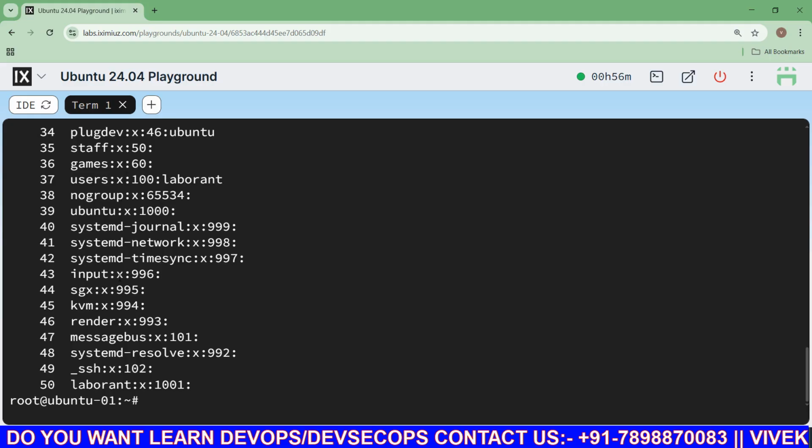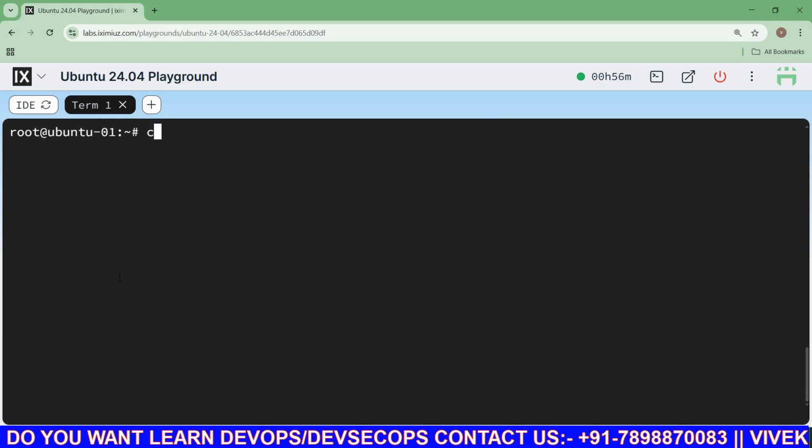After that, if you want to create any file with the help of the cat command, first you will use the cat command, after that the greater than symbol, and after that the name of the file. So like, I want to write info.txt and press enter. So the cursor is blinking. What is the meaning of this cursor blinking? It is asking you to write something for the file.